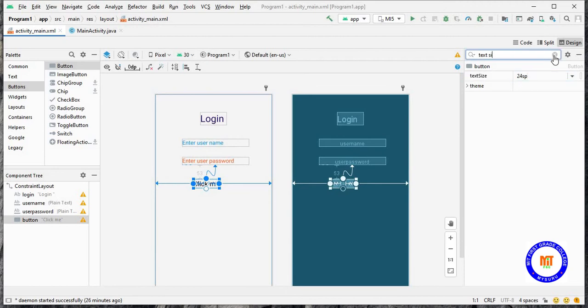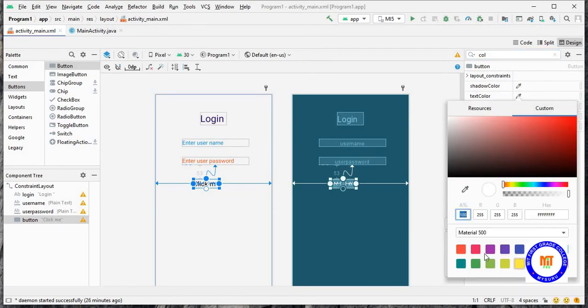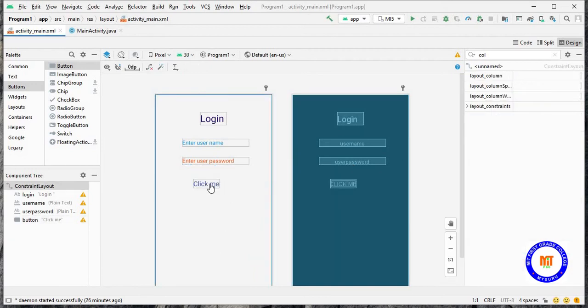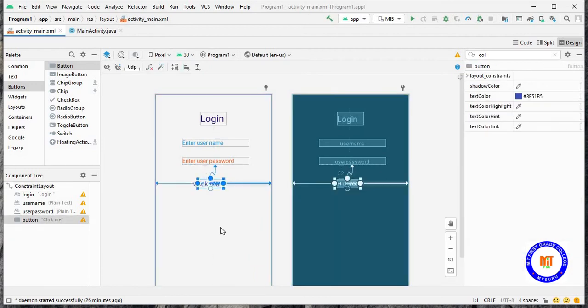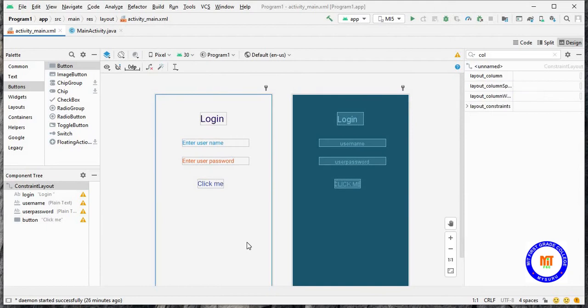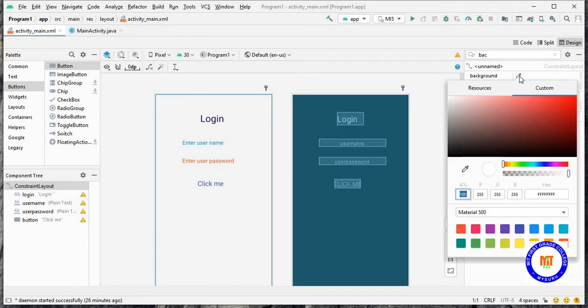Again you can change the color of it. You can change the background color.